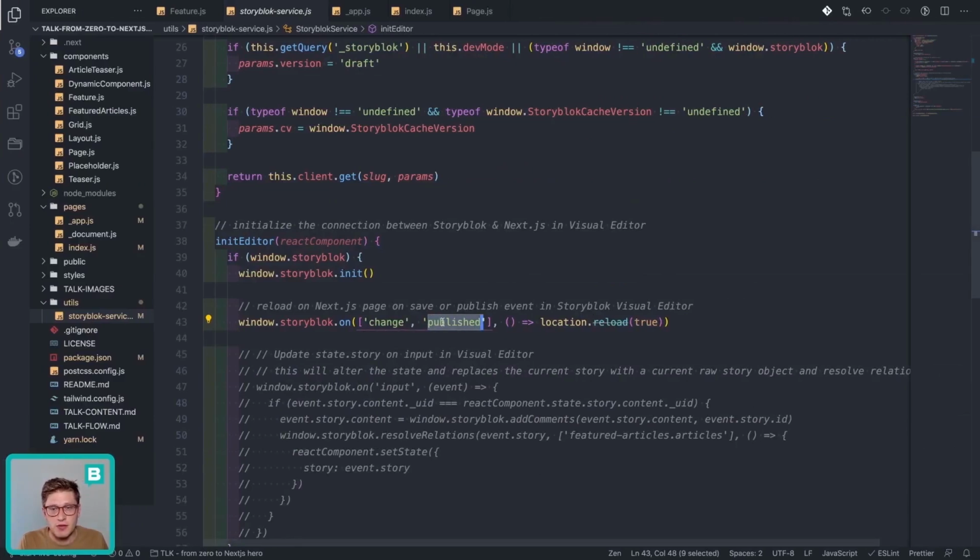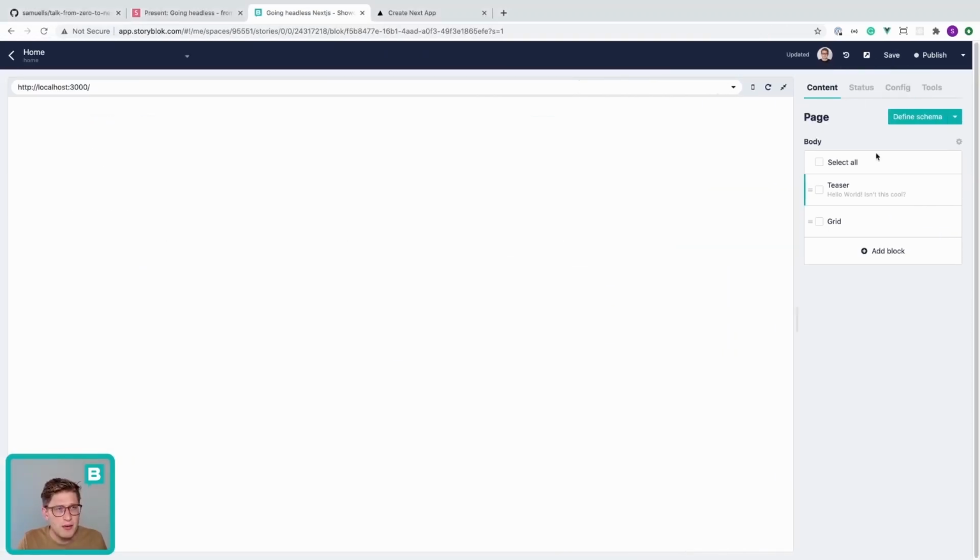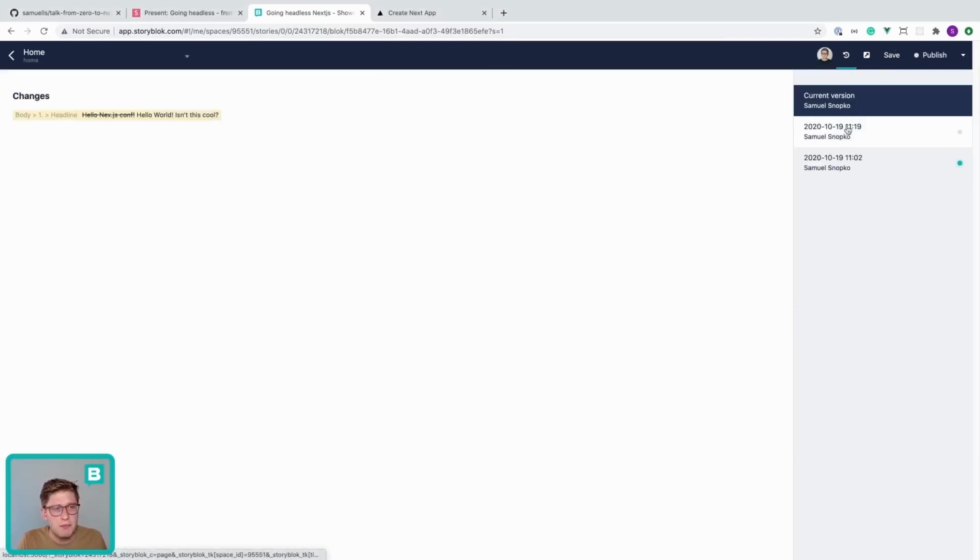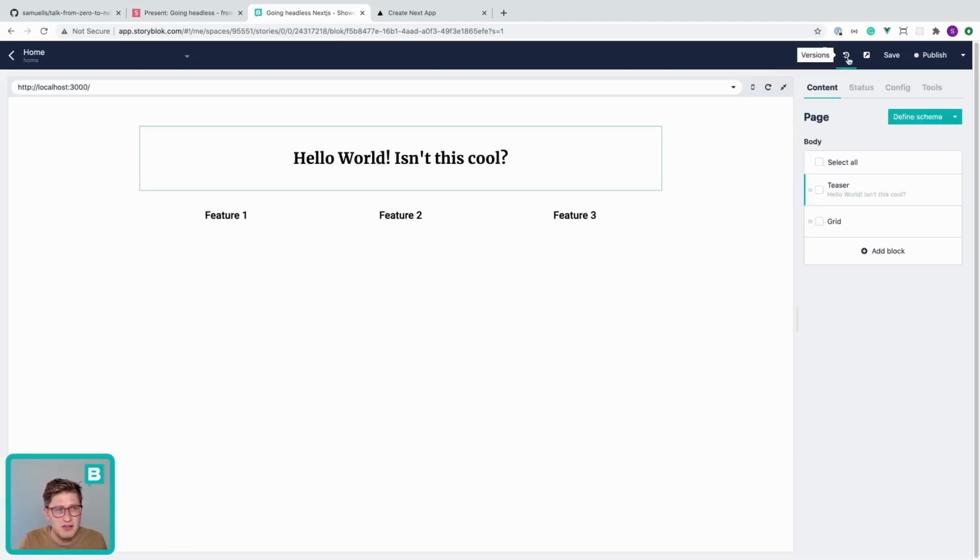And if one of those events happens, then we do a reload. This is really cool, but there is one problem with it. If every time I hit save, I'm creating a new version in the versioning history of the story, I'm really polluting that history. If I did a lot of small changes and hit save many times, there would be so many versions that it's almost unusable in the real world,